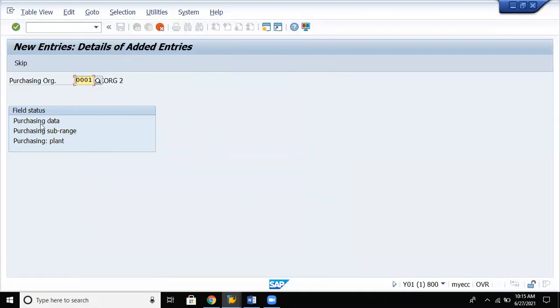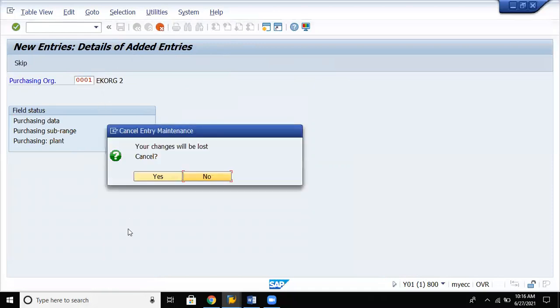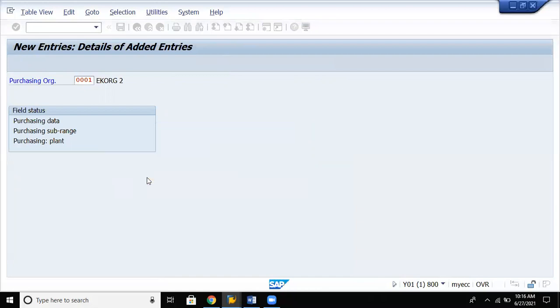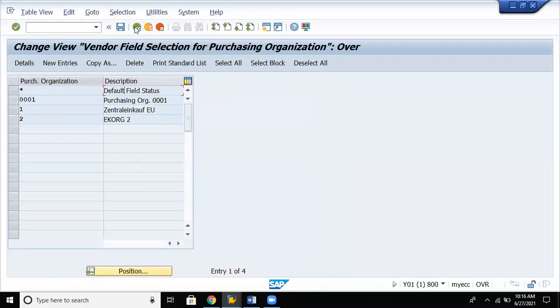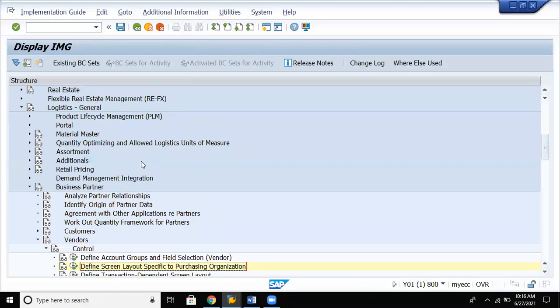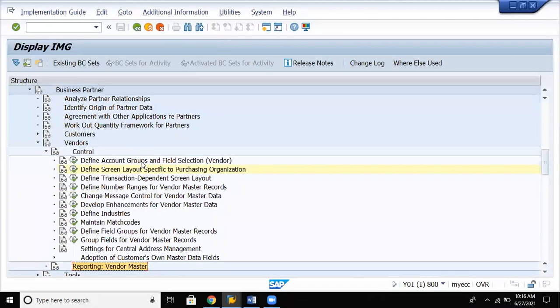Select. Now purchasing data. For 0001, what are the fields you want to make active? So an entry already exists. If you want to create your own relevant purchase organization parameters, we can still go ahead and do it here. As of now, we will go with the standard data. Then,